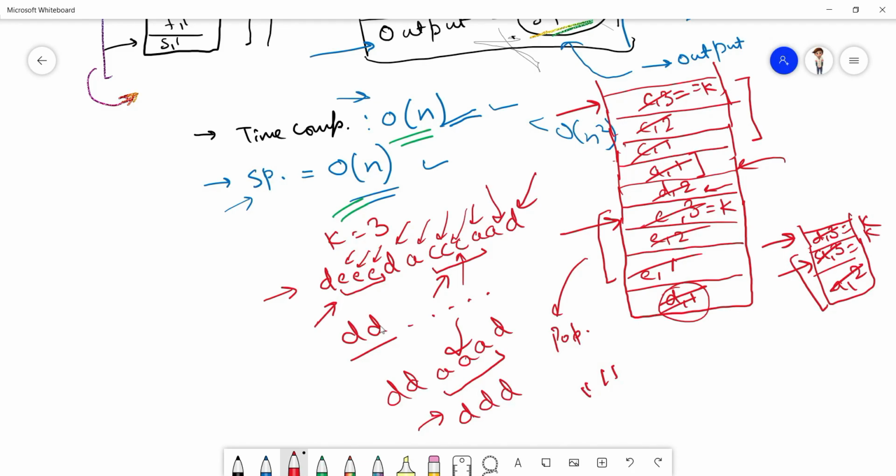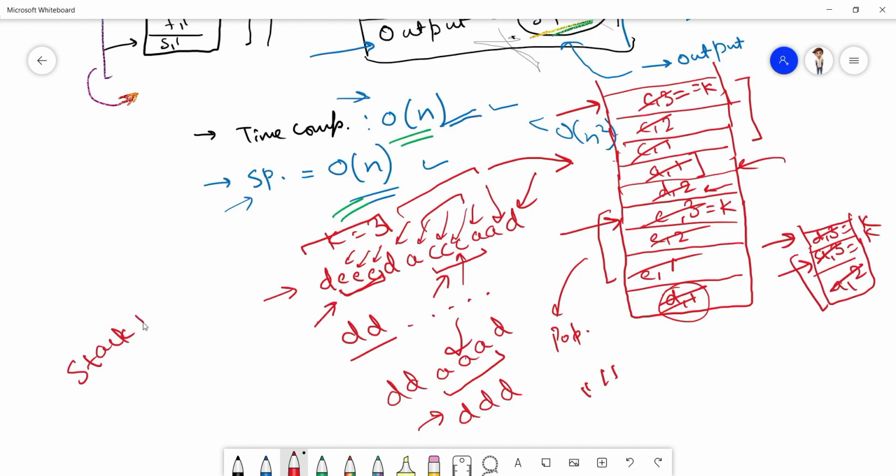So I think the intuition behind this is clear to all of you, that after removing these elements, this became continuous, right? After removing this element, this became continuous, right? So now the counter will be increased, and this is the main use of a stack, why we are using it over here.